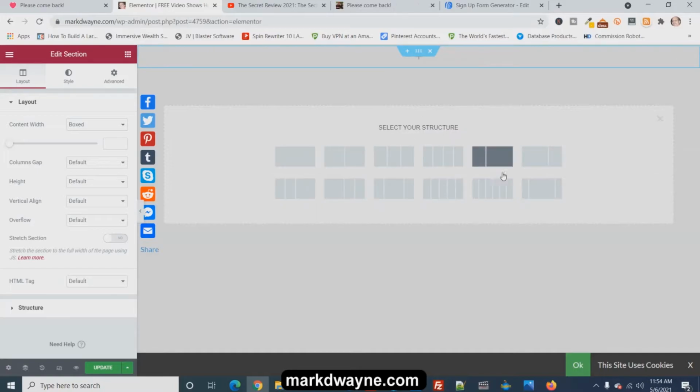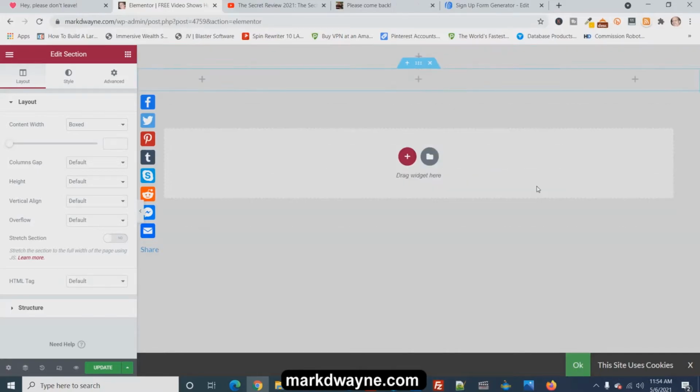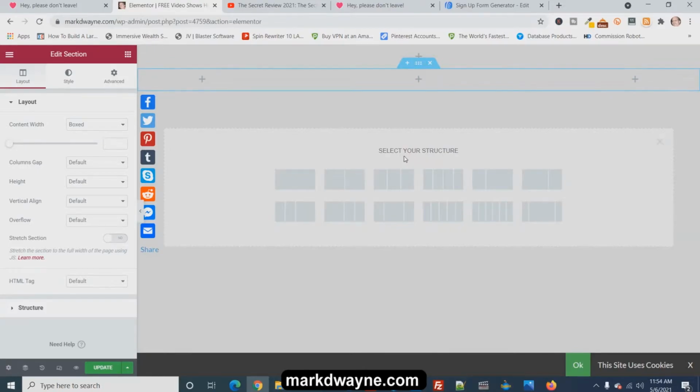Then we're going to put this plus sign, and then we're going to add this one. So basically what I did is I pushed the plus sign there, and then I added this one, and then I pushed the plus sign again, and then I added this one. Okay. And then we go up here,